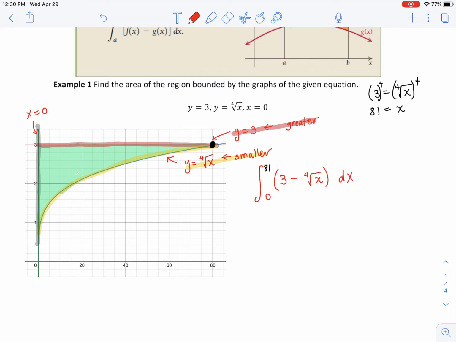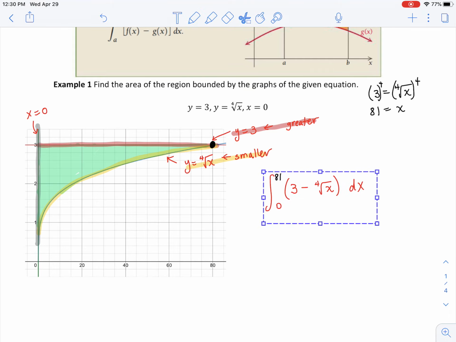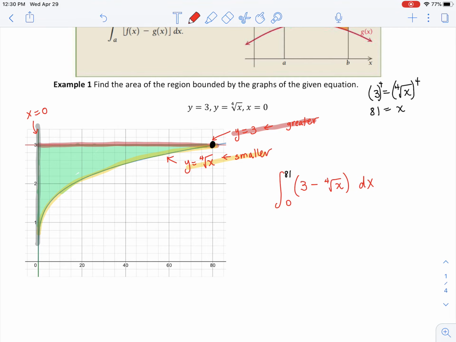And then all I need to do now is just evaluate this definite integral. So finding the area problems, I think the difficult part is, you want to have a good sketch to see which function is greater in that closed interval so that you can subtract in right order. If you accidentally subtract in the wrong order, 4th root of x minus 3, then your answer won't really be right. And then also finding the endpoints, the left bound and the right bound. Now, if you set that up, then we're ready to get started. Let me go ahead and integrate this